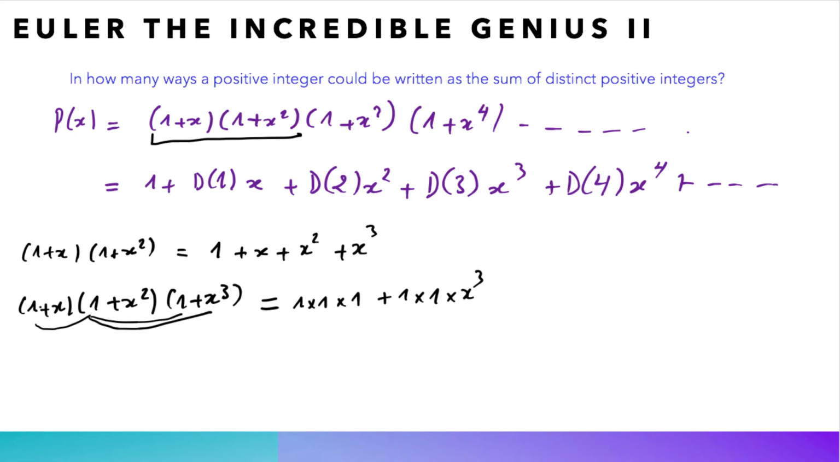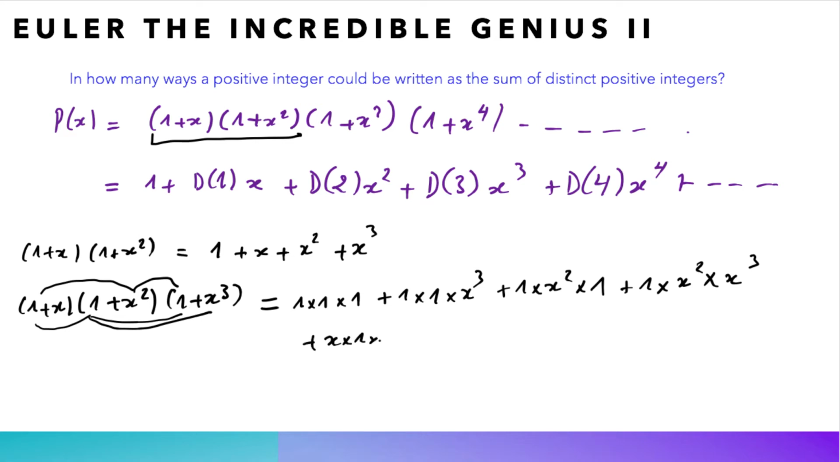Then this one here goes to x squared, and x squared goes to 1, in which case we get 1 times x squared times 1. Then 1 goes to x squared, and x squared goes to x cubed, in which case we get plus 1 times x squared times x cubed. And now it is x that travels to 1, and then 1 travels to 1, so we get plus x